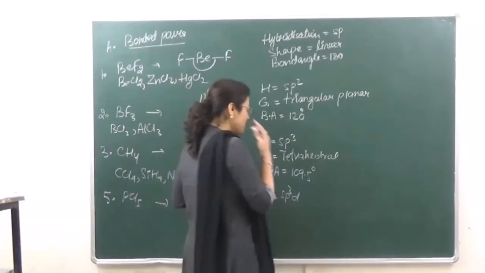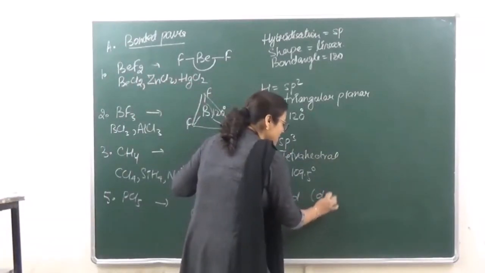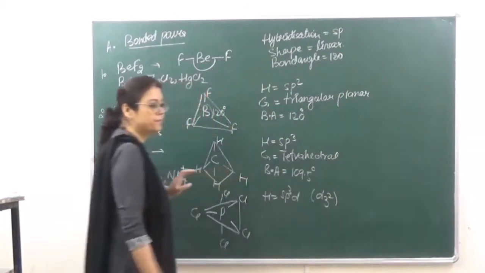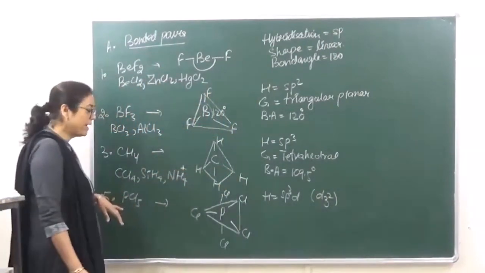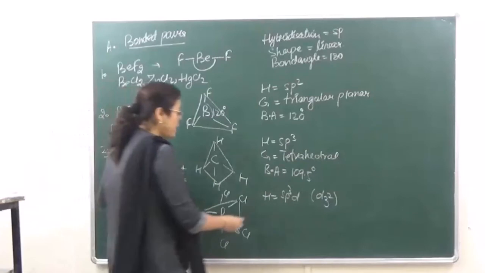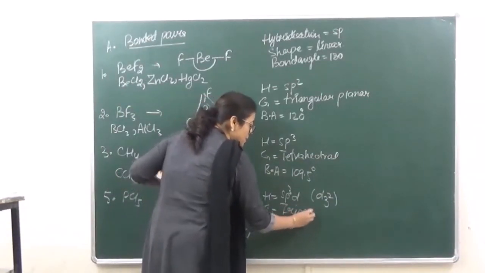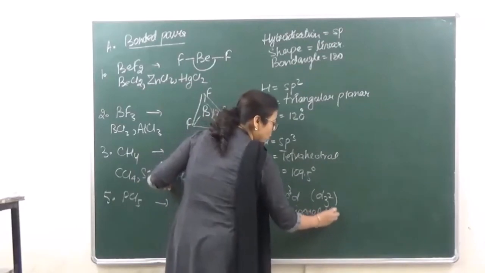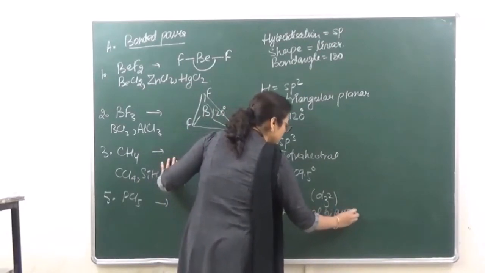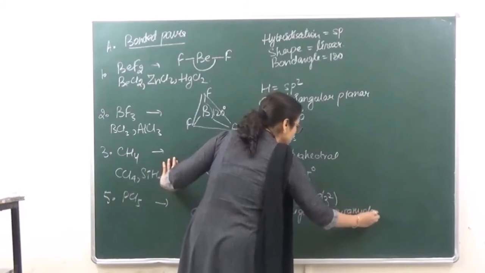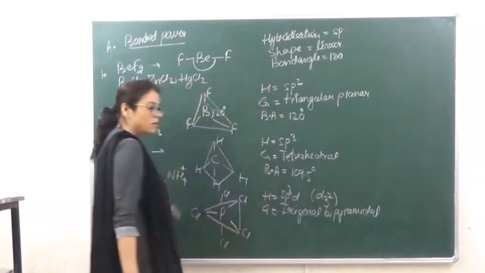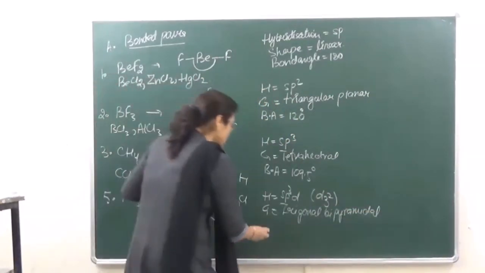The D which is participating over here is dz square, right? Then the geometry is trigonal bipyramidal, and the bond angle